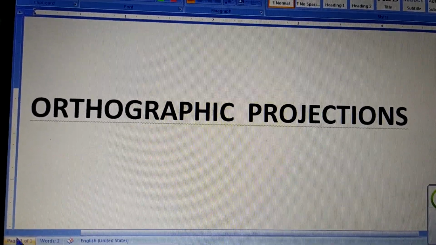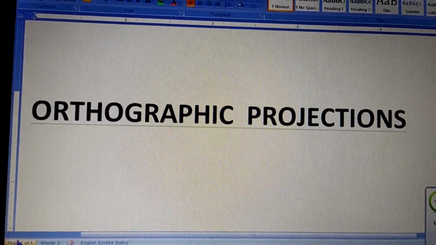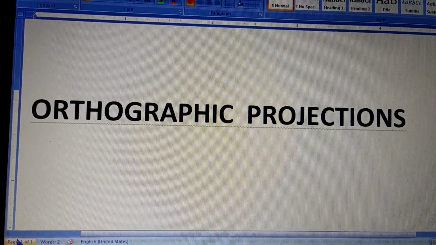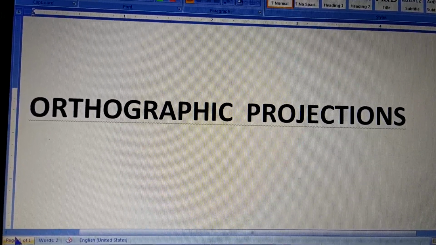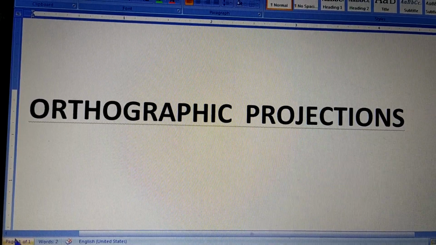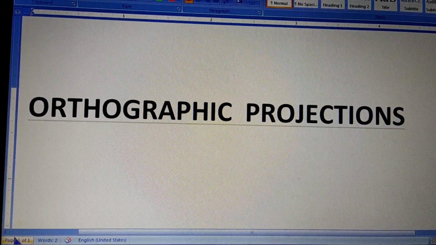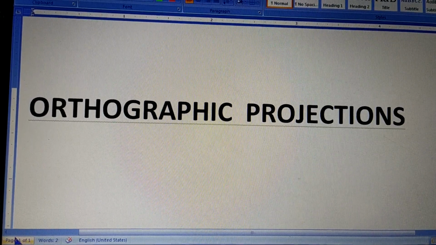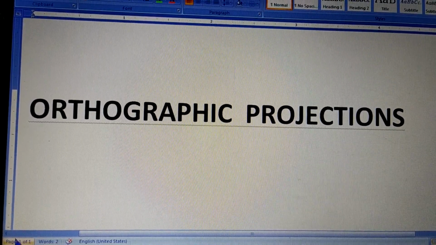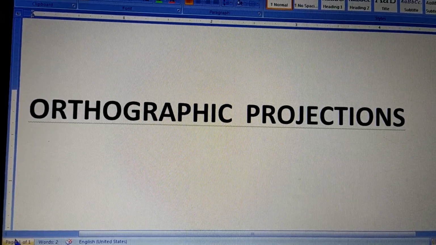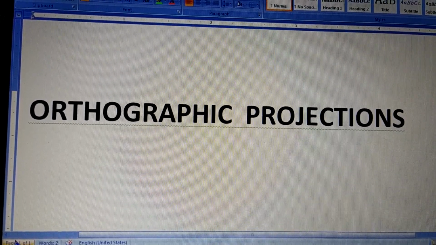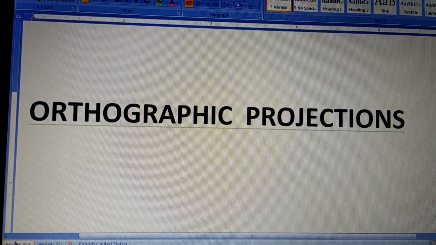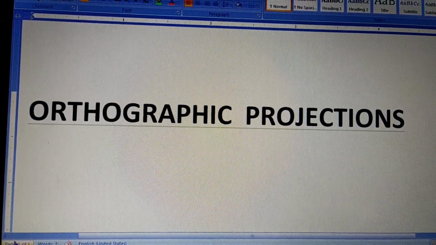Welcome all of you. We are learning orthographic projections, and in the earlier two lectures we had discussed the basics of what orthographic projections are. So we saw how to put the object in the form of a figure by considering how it looks in the front view direction, how it looks from the top, how it looks from the left hand side, how it looks from the right hand side, and after getting all these orthographic views we come to know how the object is. That is how the entire process is based.